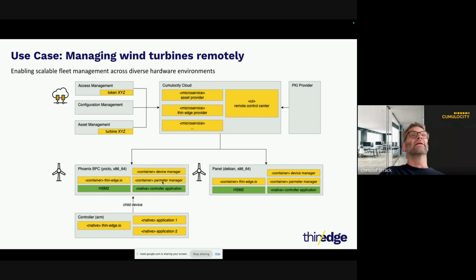So these parameters play a very important role in operating a turbine. You can imagine a turbine is like a small factory, so it has thousands of parameters that need to be configured. And these parameters are managed by the parameter management, and how they should behave is defined here in the configuration management. And the configuration management then sends its definition to Cumulocity, and the parameter management manager sends the as-is information